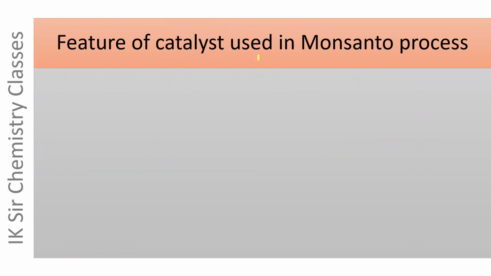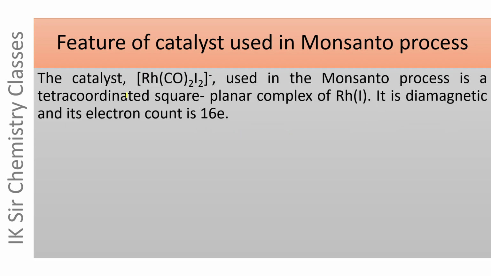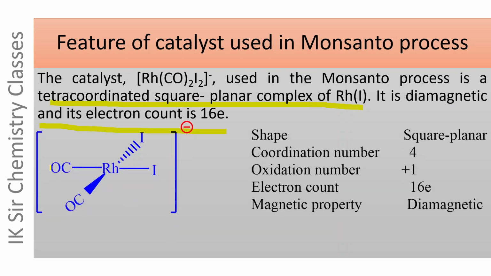Feature of catalyst used in Monsanto process. The catalyst [Rh(CO)2I2]− used in Monsanto process is a tetra-coordinated square planar complex of rhodium(I). It is diamagnetic, having no unpaired electron, and its electron count is 16. This is the square planar complex